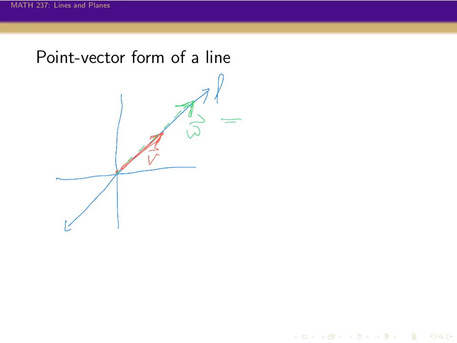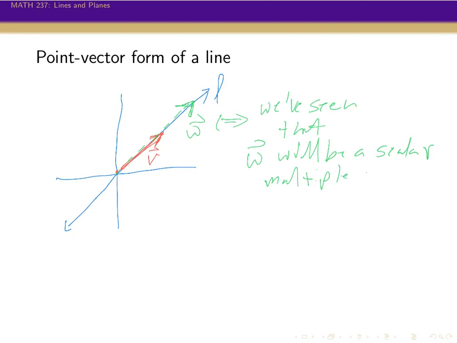And so we've seen that w will be a scalar multiple of v. And so if we have v, let's say it's a, b, then that means that there's some t such that w is going to equal a times t, b times t